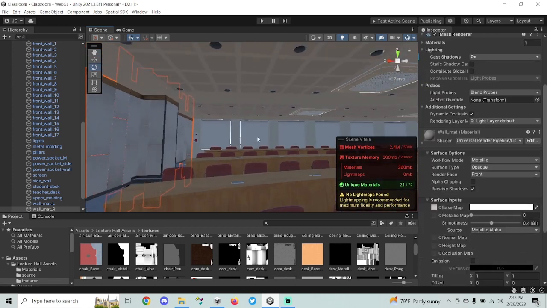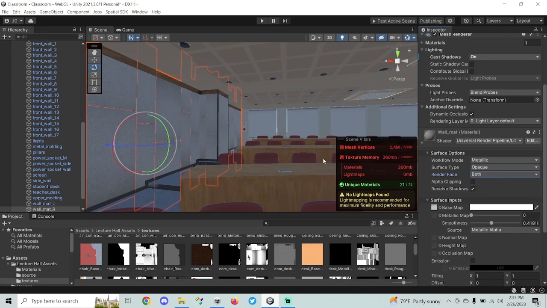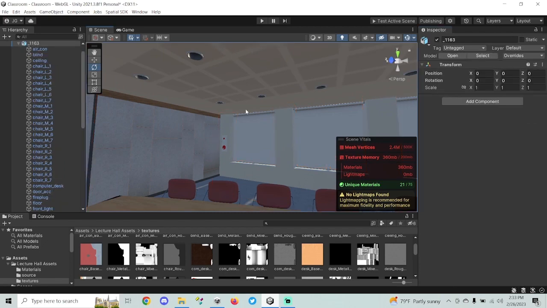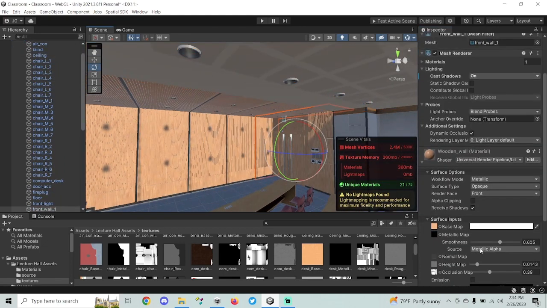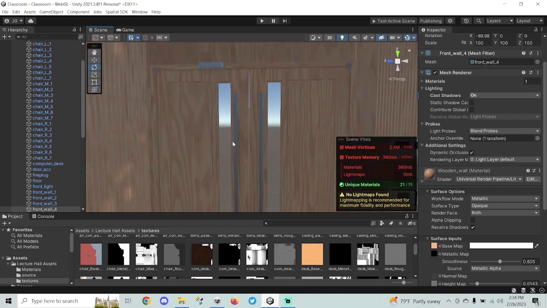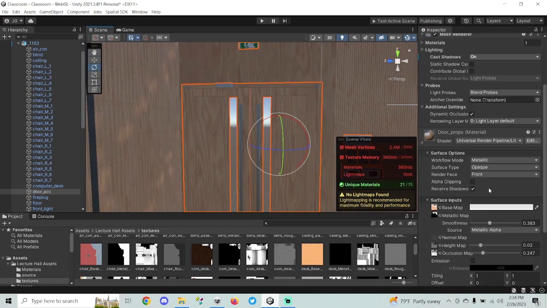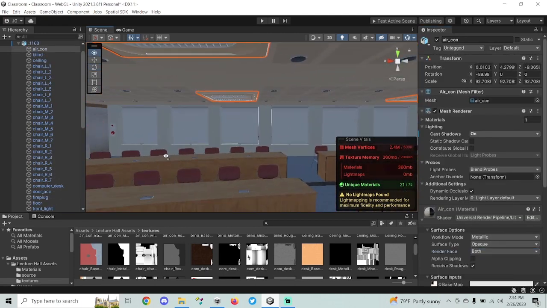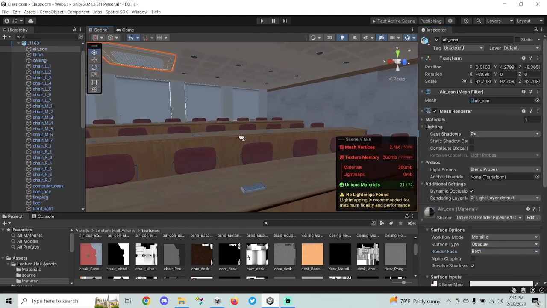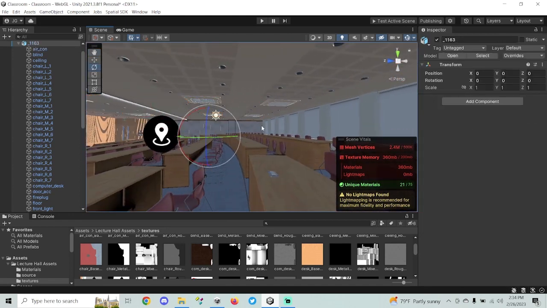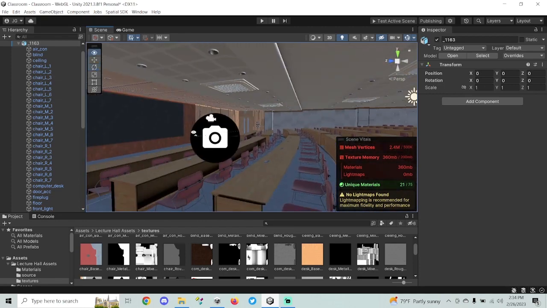And so I'm just going to do that really quickly. Okay, so now I've got all of my materials that are in between the sun source in my scene and